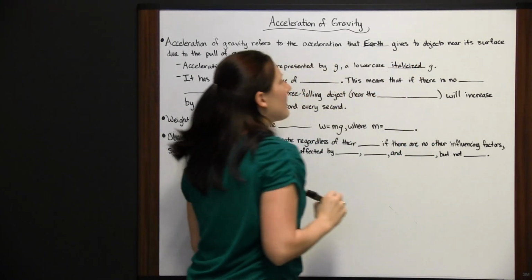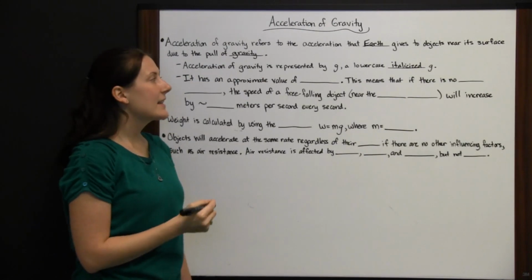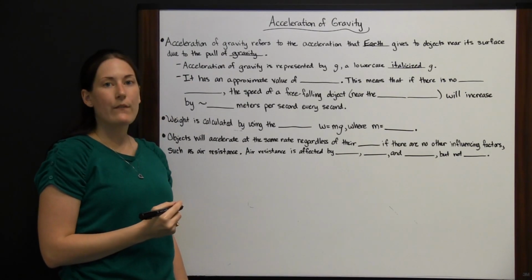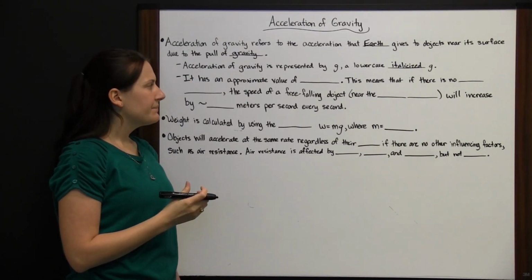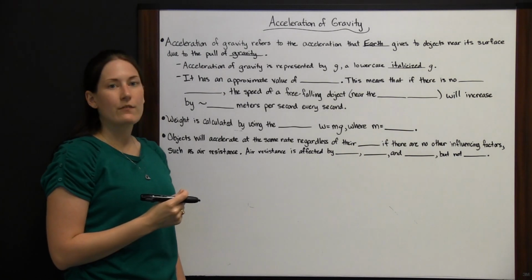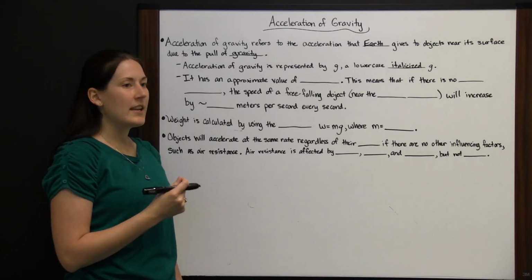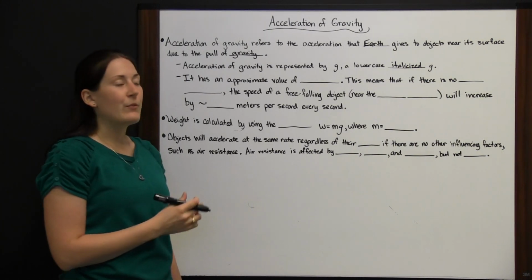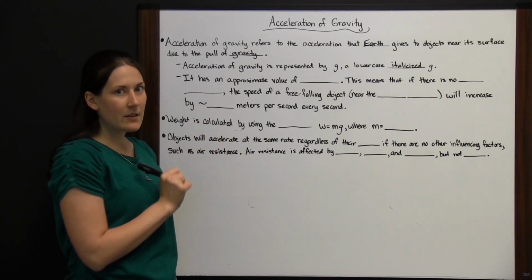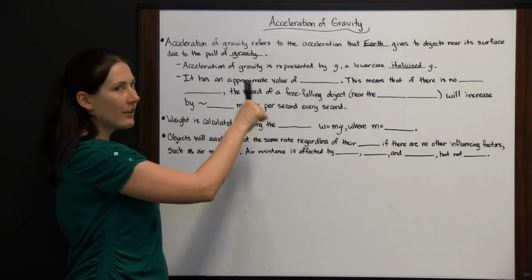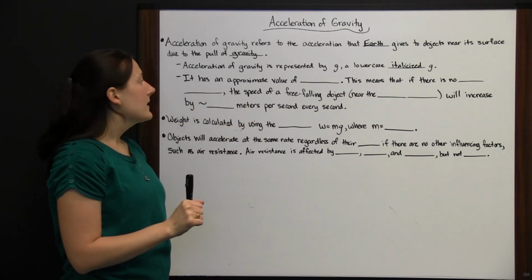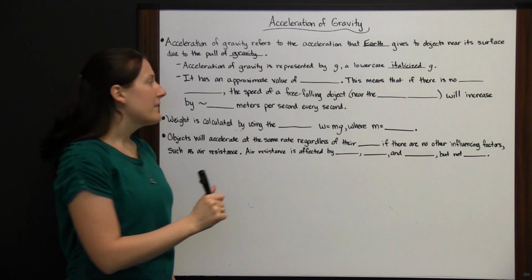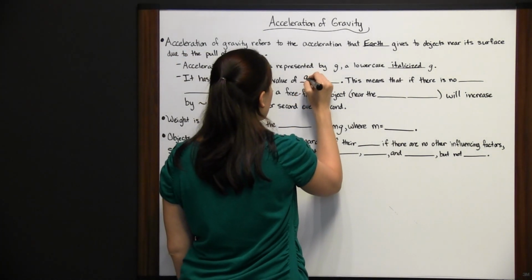It's important to remember that it is lowercase and italicized so that you don't get it confused with the representation for a gram, which is a g that is lowercase but not italicized. So remember, italicized lowercase g refers to acceleration of gravity, and it has an approximate value of 9.81